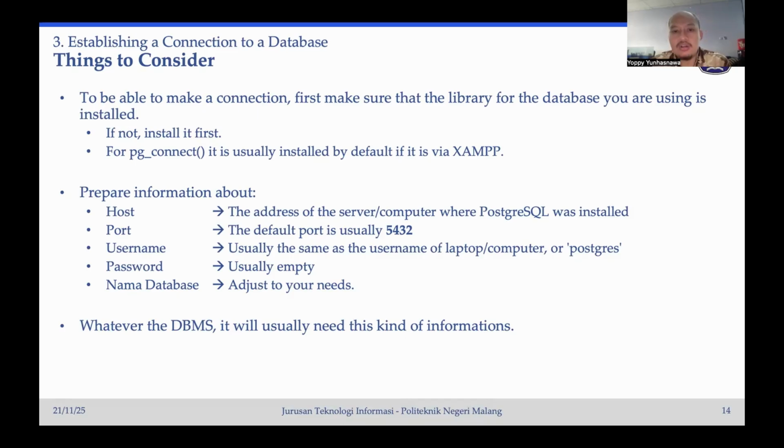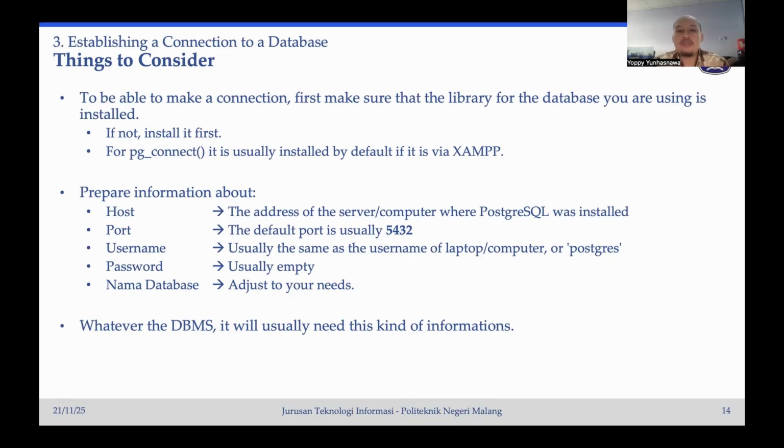So we can put localhost or 127.0.0.1. And then if the computer resides on different devices, different hardware, different servers, you cannot write localhost. You have to write the actual IP address of this computer. It can be a local IP address, it can be an internet IP address. So after you have the information about the host of the database, next you need to prepare the information